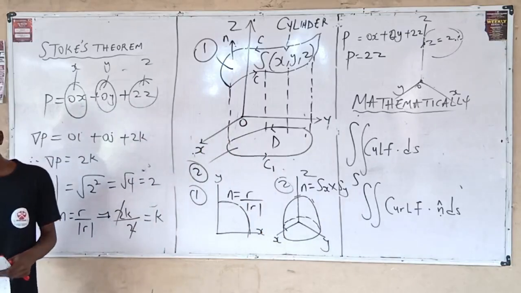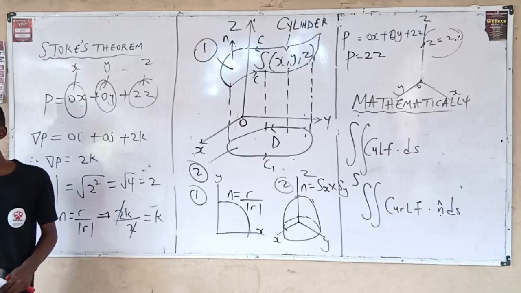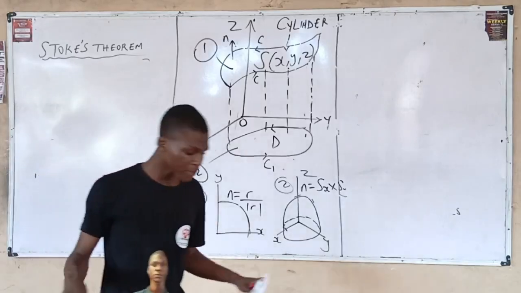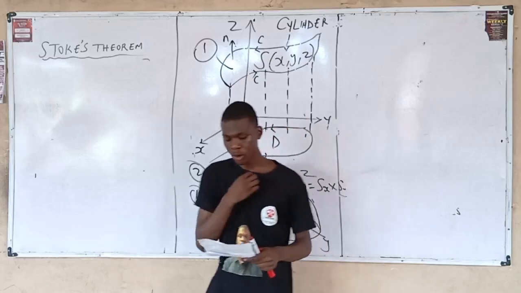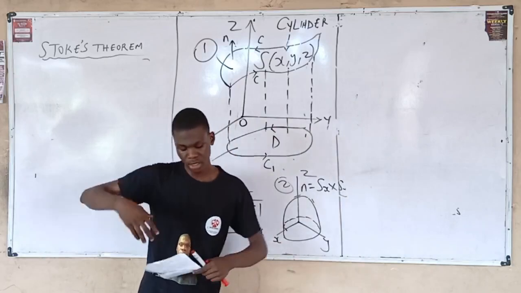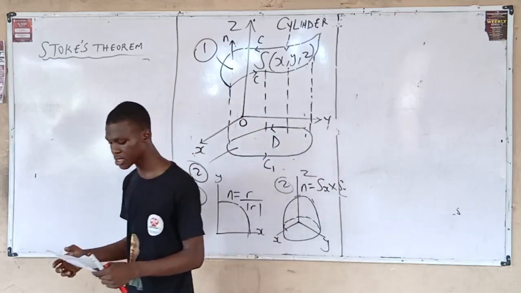Now, number one, let's define Stokes Theorem. Let's define the mathematical formula, the left hand side and the right hand side. We want to define the surface and the boundary. By definition, we've said everything so far. You don't necessarily have to write; you can just listen and understand, but if you want to write, you can still write. Now, what surface and boundary is telling us is that the surface